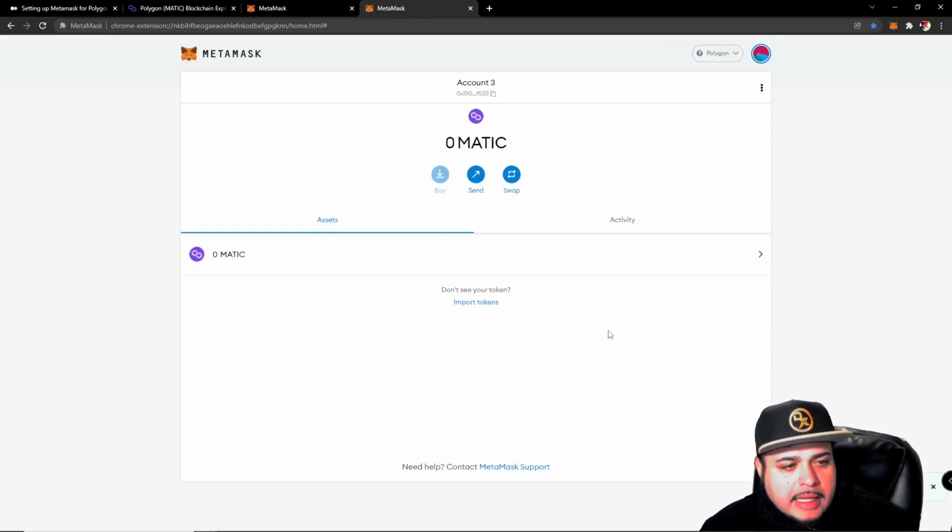Now your wallet, now your MetaMask is connected to the Polygon mainnet. Next video, I'll show you guys how to actually move money over to it, bridge it, or how to invest in a smart contract on the